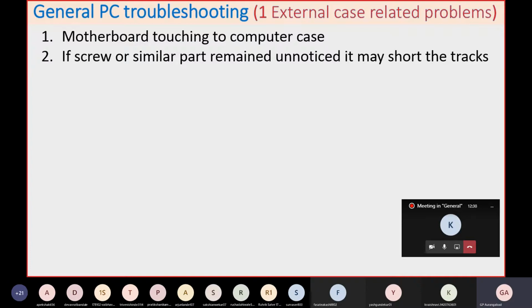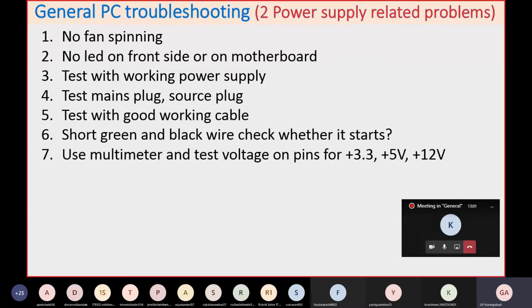Sometimes when you are fault finding, or packing up this particular case along with certain external components, it is possible that some part like a screw might be left unnoticed inside the case, and if that touches certain tracks of your motherboard, that may cause a short. This is a very rare possibility, but yes, this is one type of problem which you can observe when you open your case. Then the second problem, as I said, almost 40% of PC problems